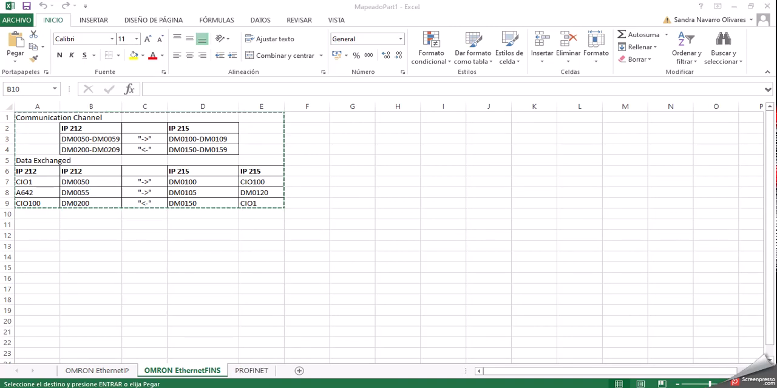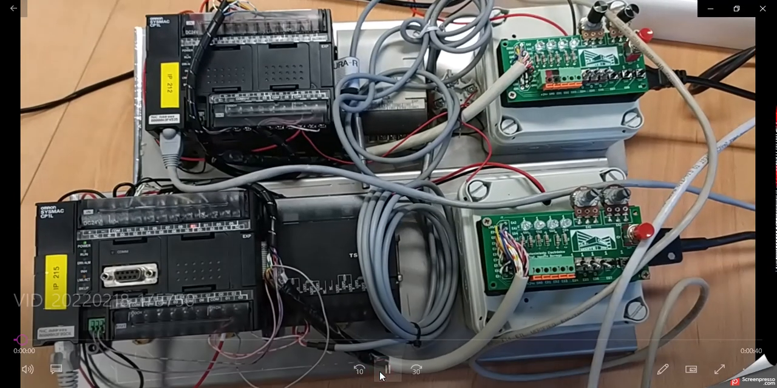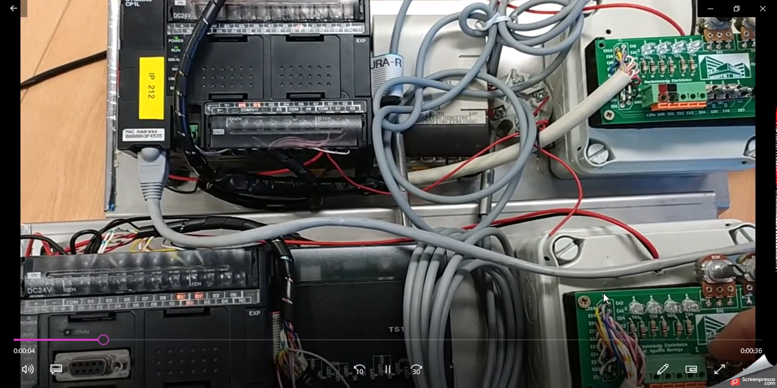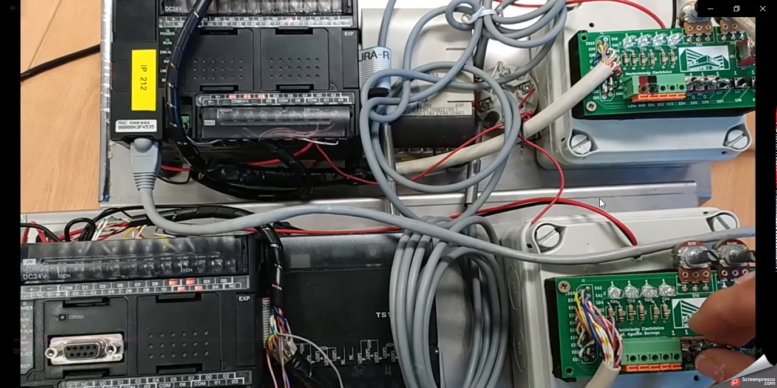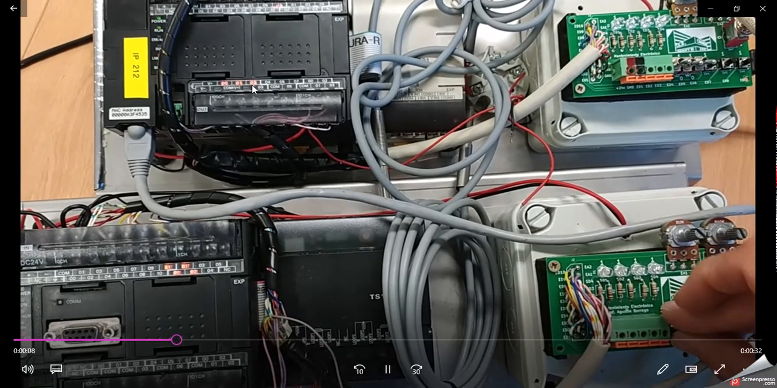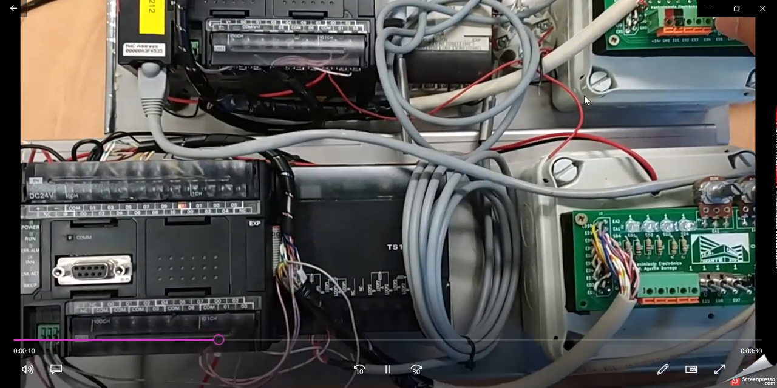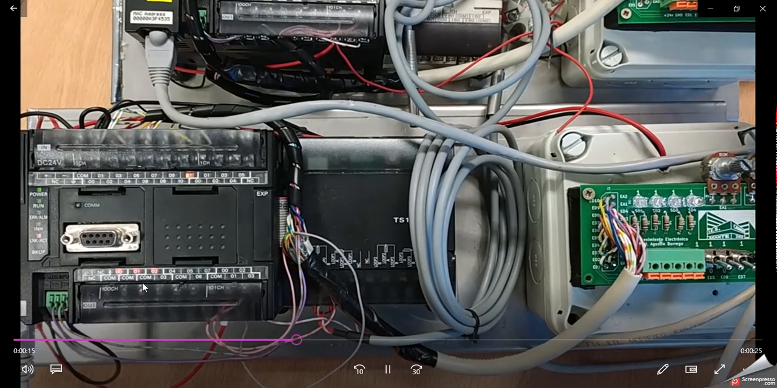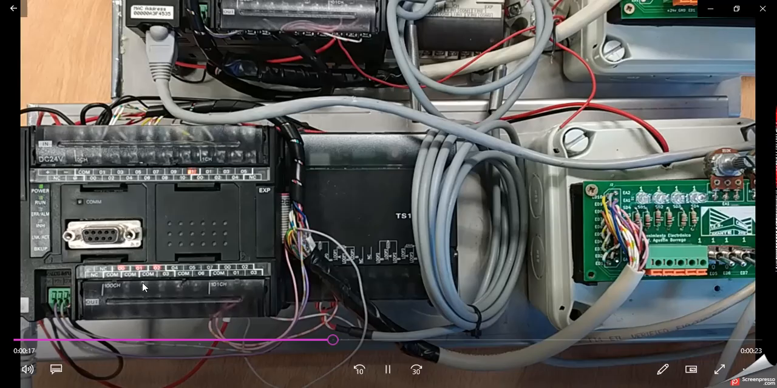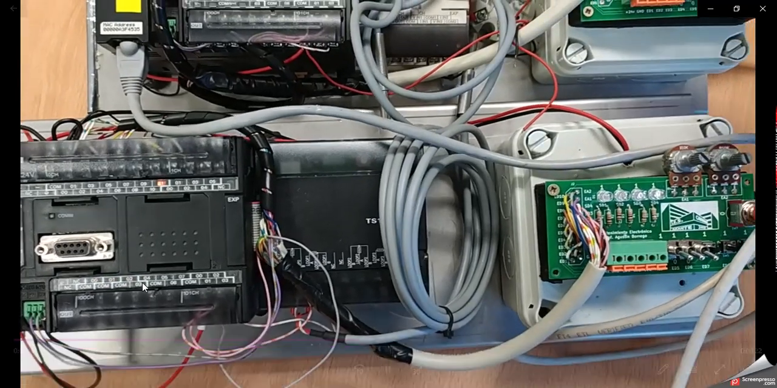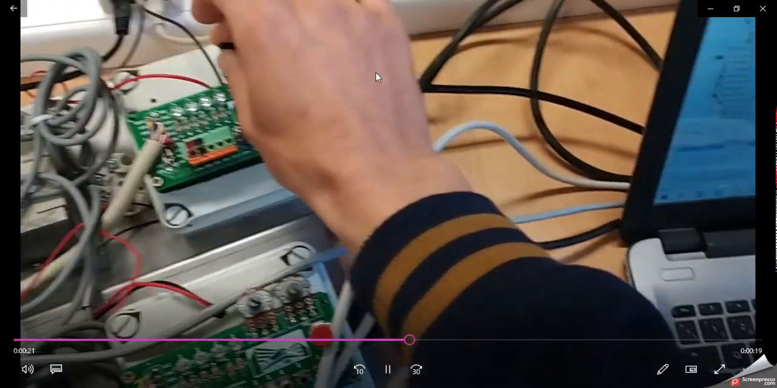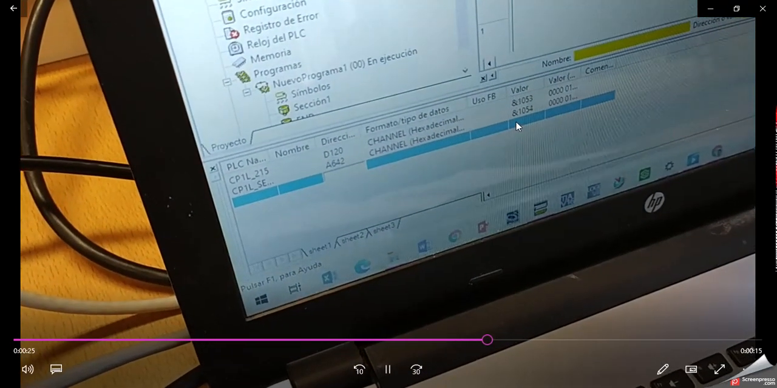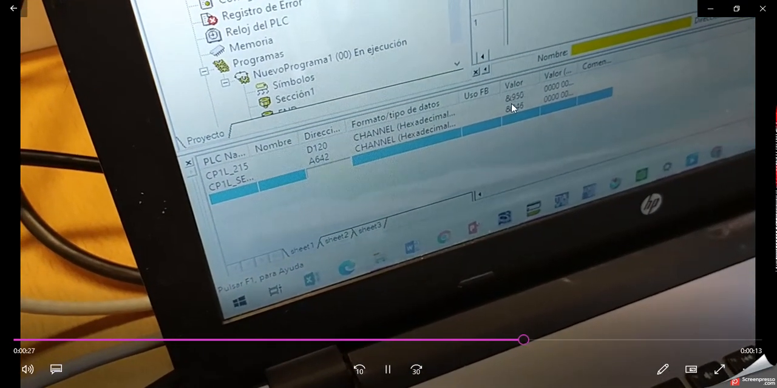Well, and the video. Those are the inputs in 215, goes to the outputs of 212, and the inputs in 212 goes to the outputs of the one with IP 215. And in this case, the analogic input in 212 went to the analog to a DM in the other